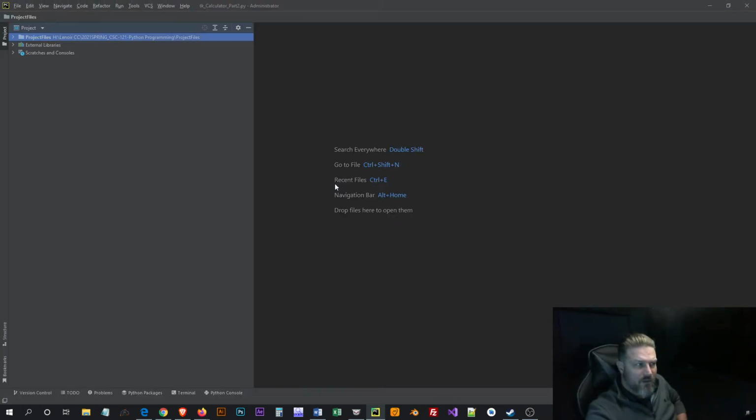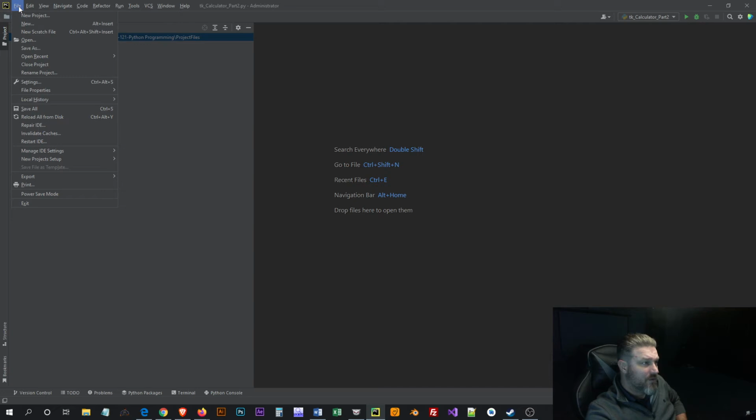Yours is probably going to look a little different than mine. Again, I've had mine installed for quite some time. I've updated it. I've done several projects, so it's going to probably be different. But this is what PyCharm looks like. And your first Hello World